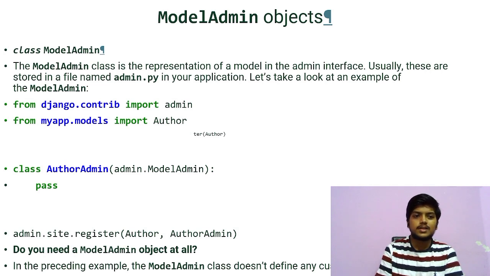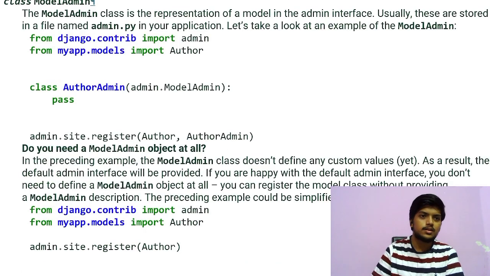Let's take a look at an example of a ModelAdmin: from django.contrib import admin, from myapp.models import Author, class AuthorAdmin, admin.site.register(Author, AuthorAdmin). Do you need a ModelAdmin object at all? In the preceding example, the ModelAdmin class doesn't require any customized values. As a result,